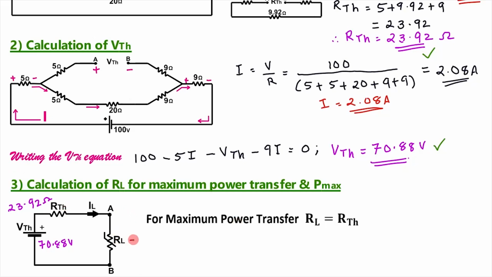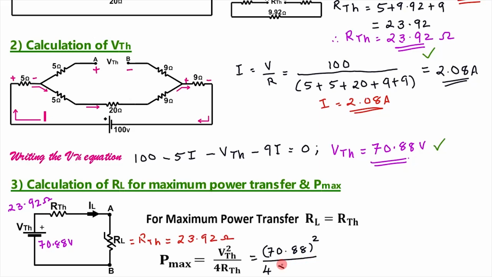So, RL is equal to RTH, which is 23.92 ohm. Maximum power Pmax is equal to VTH squared divided by 4 RTH. This is equal to VTH is 70.88, 70.88 the whole square divided by 4 into RTH, that is 23.92, which is equal to